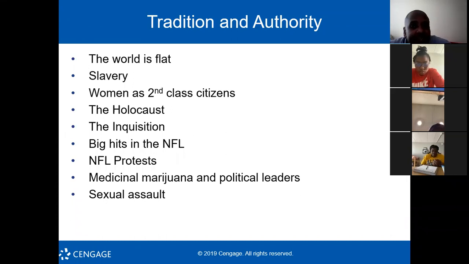Who is the source of this secondhand knowledge? You? Nope. I mean, not you. So these are different personal ideas. These are ideas that have been promoted over time, or concepts that have been framed in certain ways over time. I'll elaborate on things like the Holocaust, big hits in the NFL, etc.